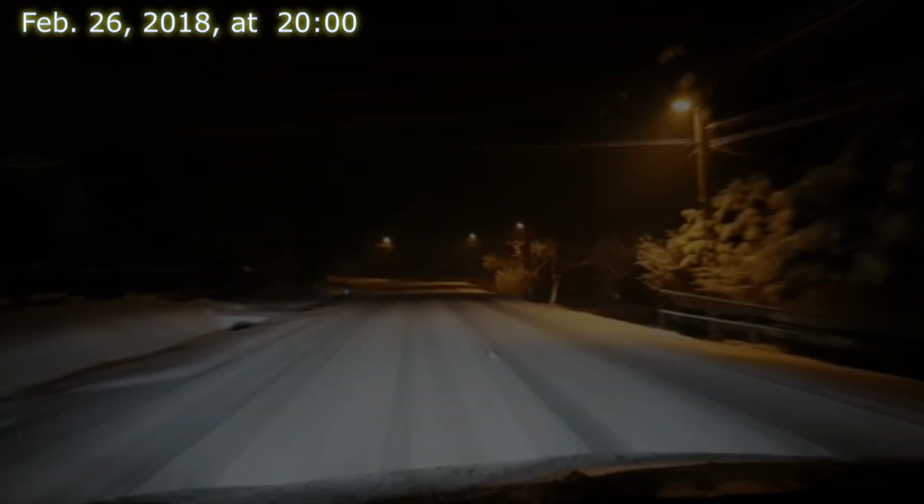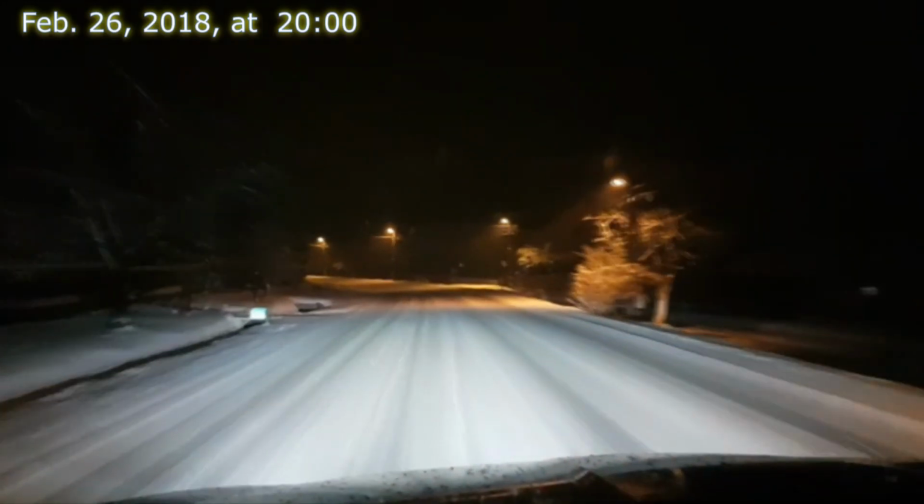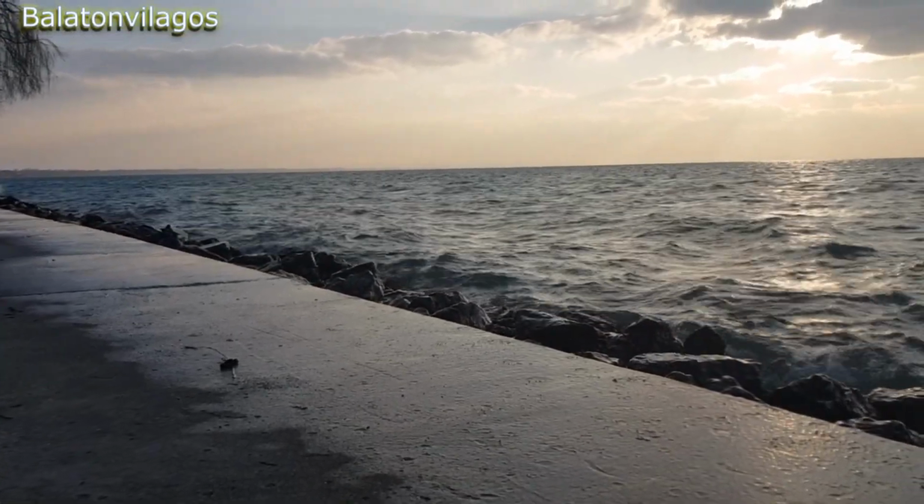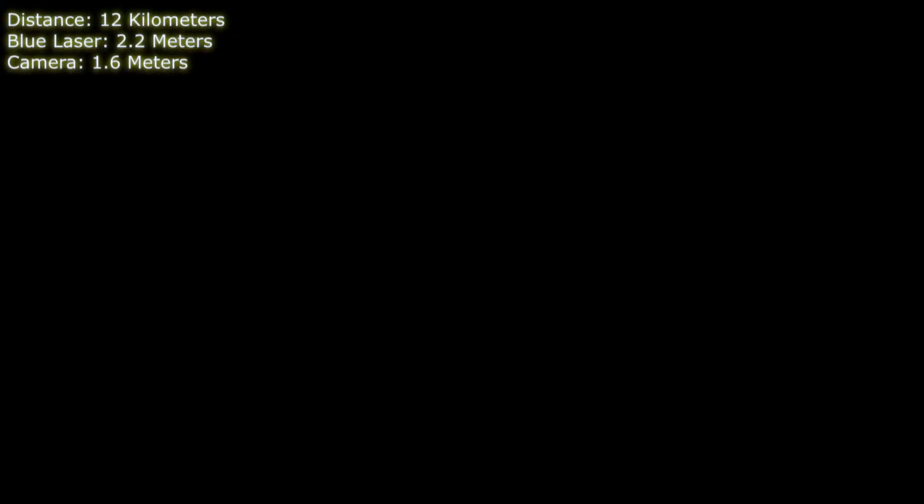On February 26, 2018, on the last night of the team's scheduled stay at the lake, FECORE observed both the blue and green lasers placed at Balaton Vilagos and seen from Siofok 12 kilometers away. Measurement 2. On February 26, 2018 at 8 o'clock p.m. The blue laser was placed on the salad at 2.2 meters or 7.2 feet above the surface of the lake at Balaton Vilagos. The source of the beam was seen from Siofok 12 kilometers or 7.46 miles away at 1.6